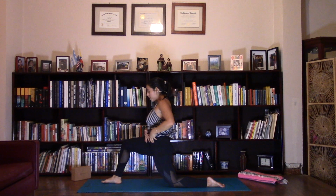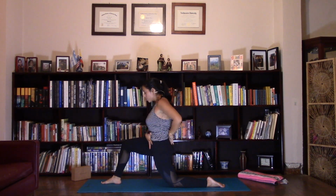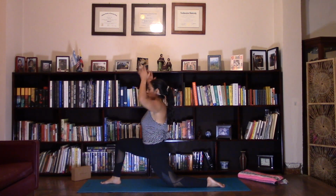Feel your pubic bone reaching up towards the navel, firm up the belly. So you might need to lift up out of the pose a little bit to feel that. Once you feel the lower belly active, keep that active, and from there, maybe find a bit more depth in the leg. You'll feel a big stretch in the left hip flexor. Take one more inhale. As you exhale, twist to the right, opening the arms so the right arm reaches back,